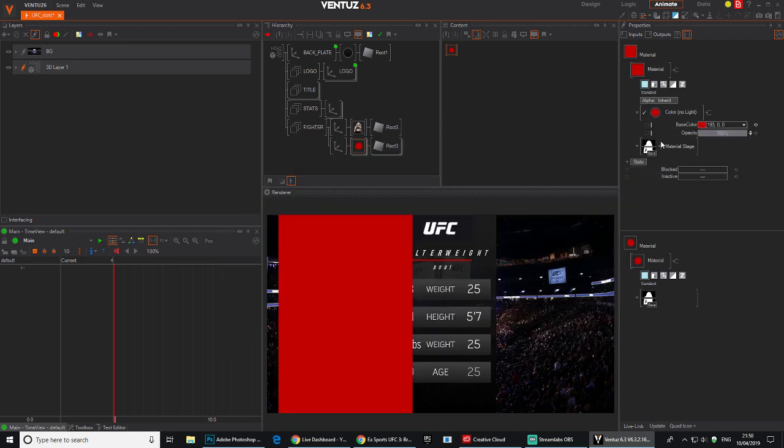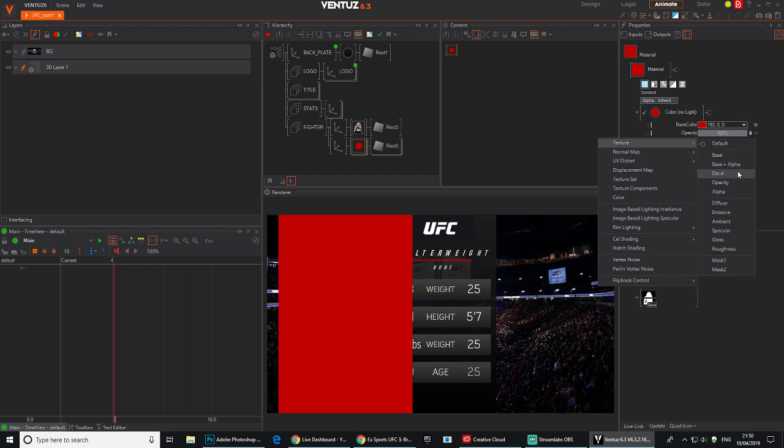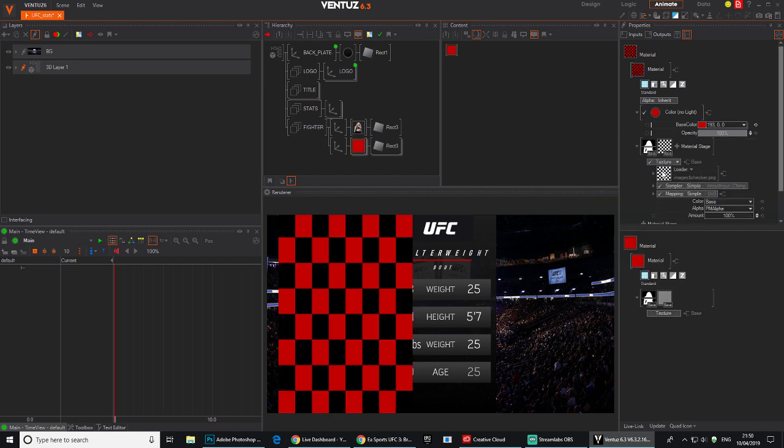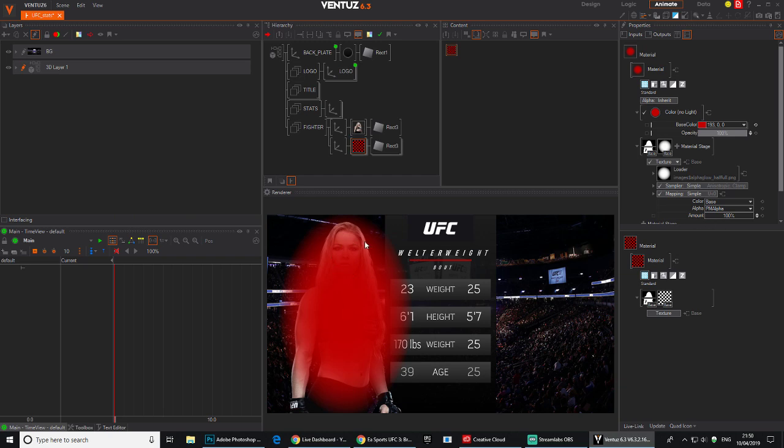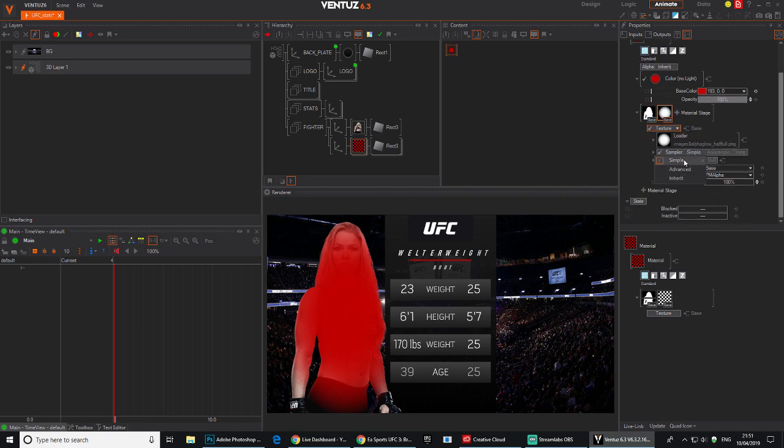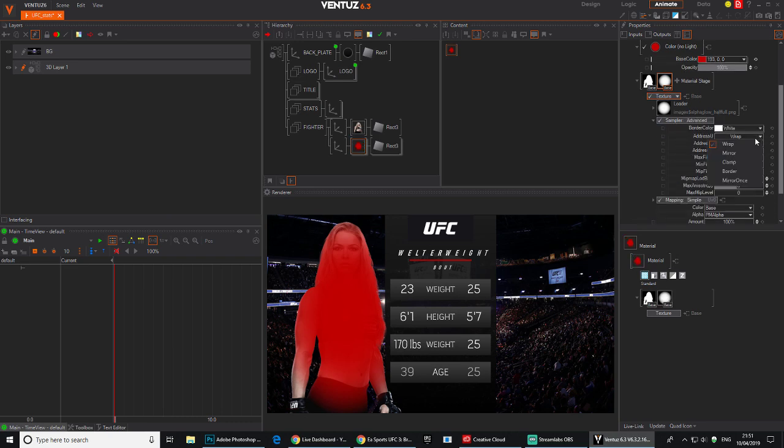If I delete that, I'm just going to texture, base with alpha. I'm just going to try something. 2D. So how come this one's soft? Is it because it just needs the black and white rather than the transparency? I don't know. But we can use this one. There we go. This is better anyway. It's a better texture. So go into advanced, border,